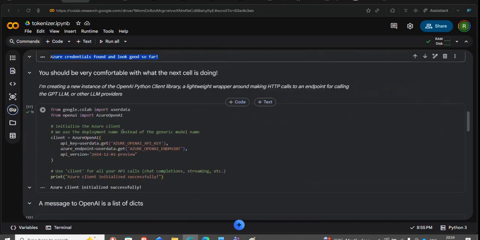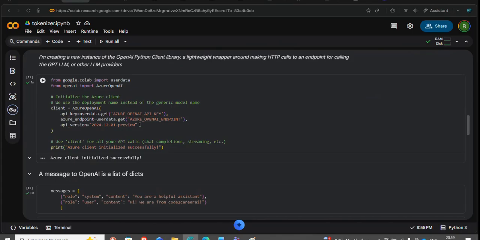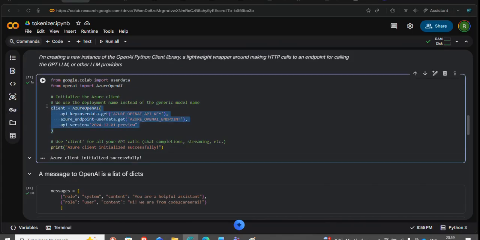Now coming back. The next thing I did, likewise, we have used Azure, right? So here again we have